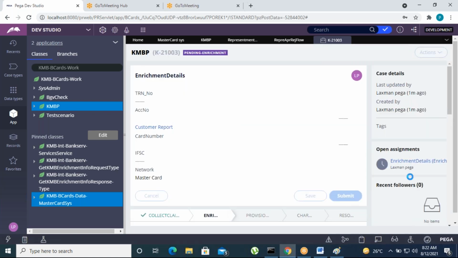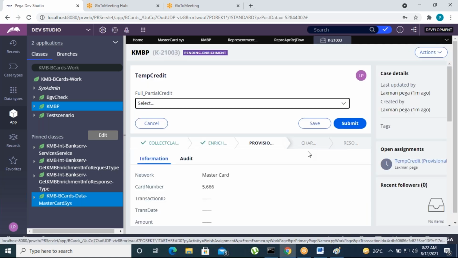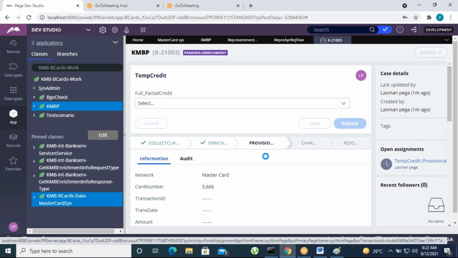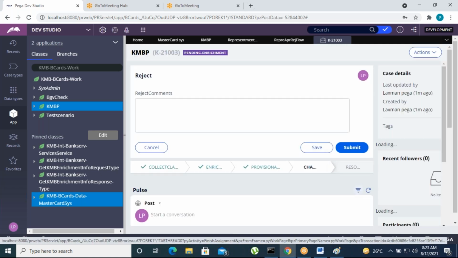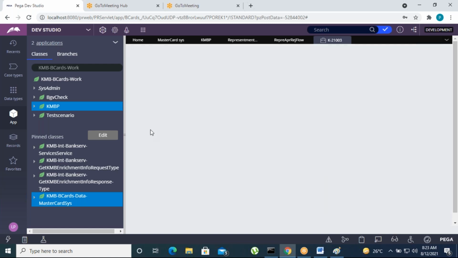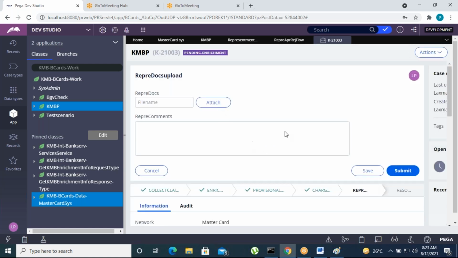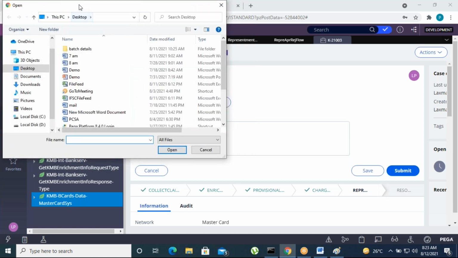Here go to submit it now. In the reject only, then we'll jump to the repre. Then after the repre, yeah, we need to upload the documents and everything, correct?